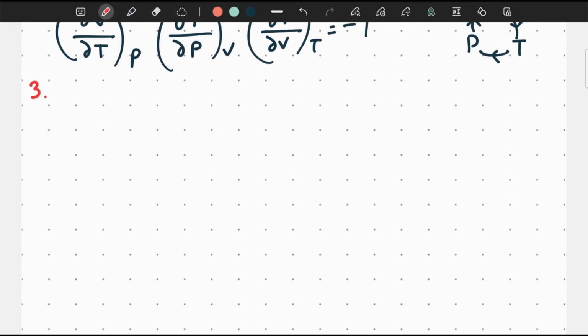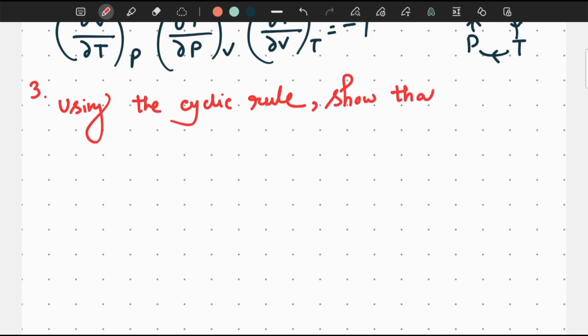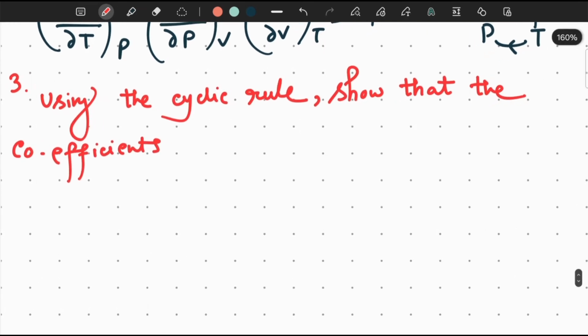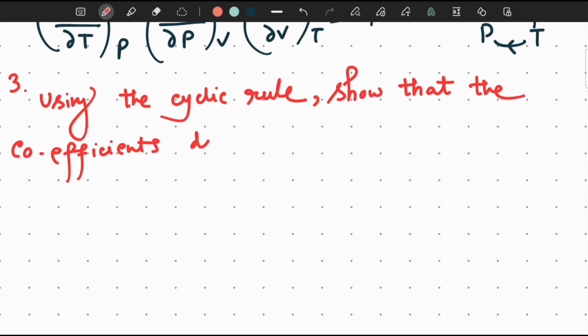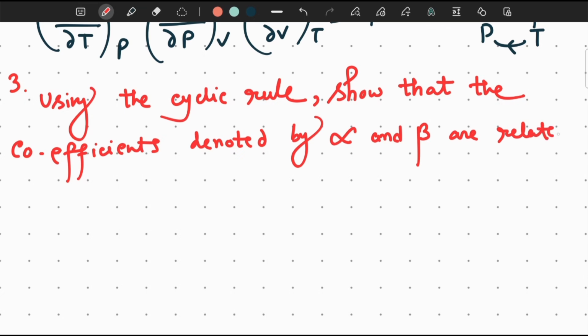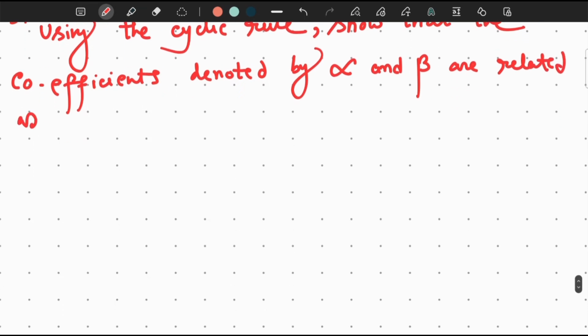Cyclic rule. So let me write it. Using the cyclic rule, so that the coefficients denoted by alpha and beta are related as